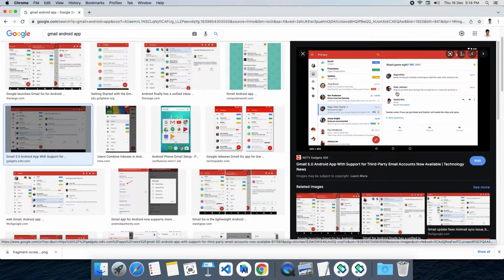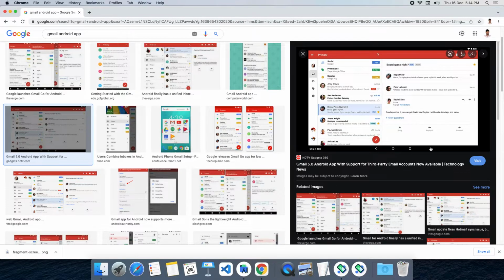But in the case of mobile, what is happening? They attach only one fragment at a time. On mobile, they show only the inbox items, and when I tap on an inbox item, it goes to another screen. On that other screen they place this fragment.